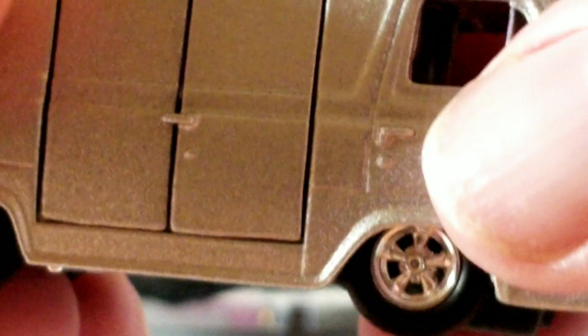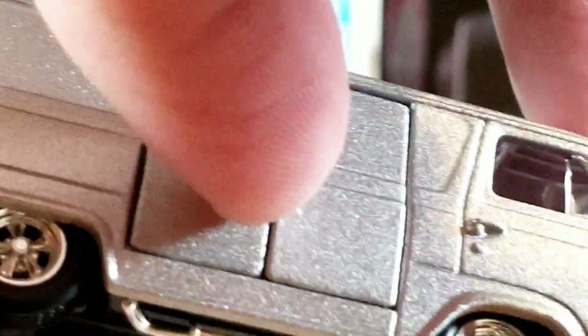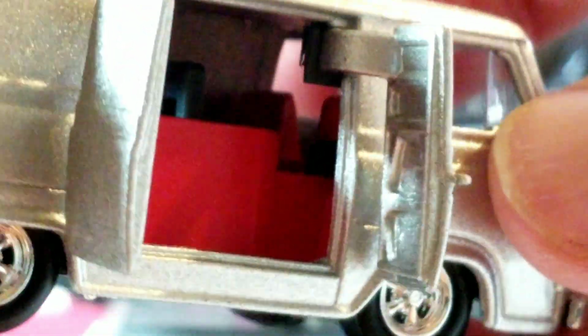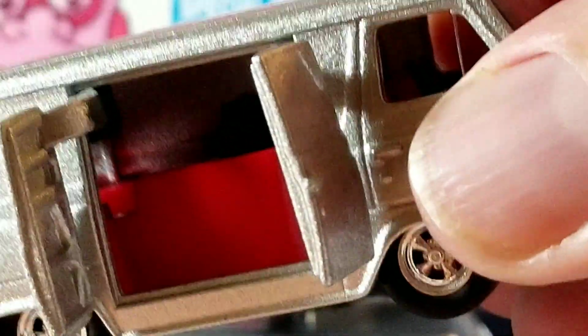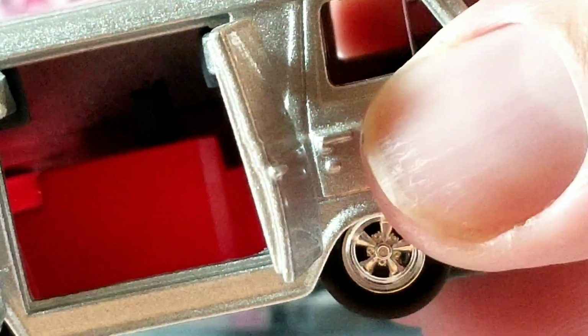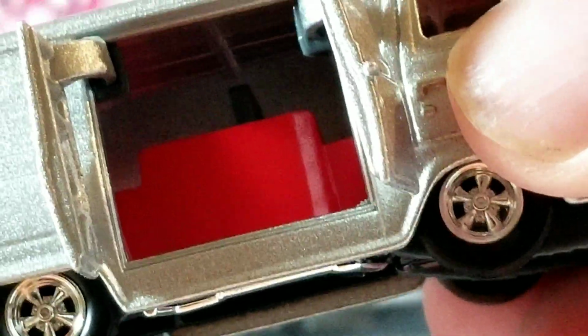The side doors do open. You can just kind of get your fingernail sometimes underneath that little clasp underneath the door handle, and then the doors open up. Now, there's not much to say of an interior inside. It's got kind of a big chunky piece right in front of the door, but that's for the ratcheting